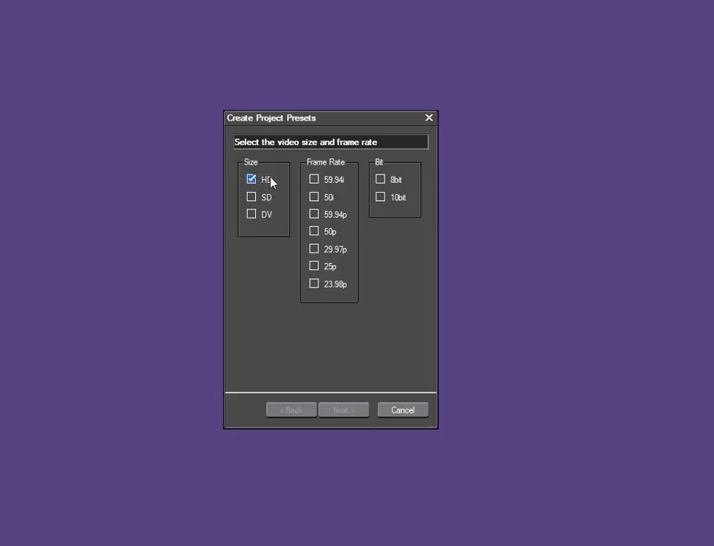I also know that my camera records in the 50i format, so I select that box, and I wish to work in 8-bit color, so I tick that box too. If you are not sure about this option, I recommend selecting the 8-bit option. After these three settings have been chosen, which each user will need to specify for themselves depending on their camera,